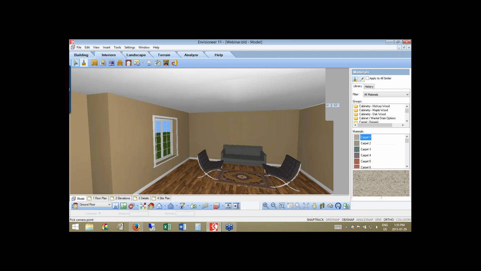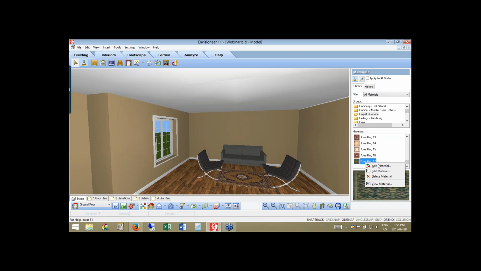And that tool will, again, bring up all of our various materials that we have in the catalog, like we used to insert the rug in that 2D designer's view. Same tool can be used here in a 3D view as well. And I'm going to look at our various carpet options that we have. And looking at the various carpet options, there's nothing in here that excites me that I'd like to use. So I want to add in a picture, a photograph of a carpet that was given to me